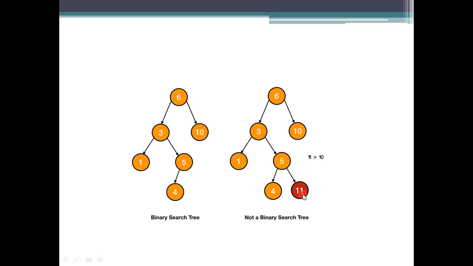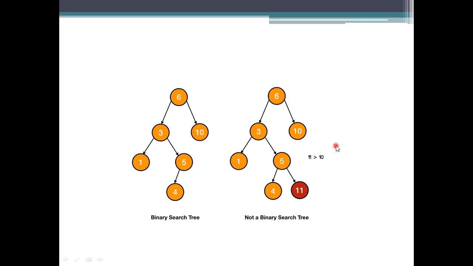Why? Because here we are not following the binary search tree rule, since it is placing the elements that are greater than the root node on the left side. So we need to place the values correctly: the elements we are going to insert should satisfy the property of the binary search tree.